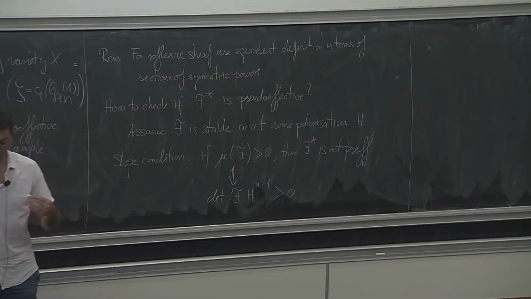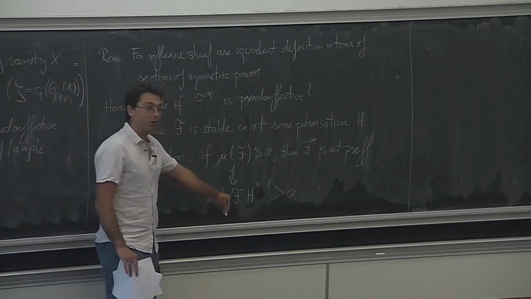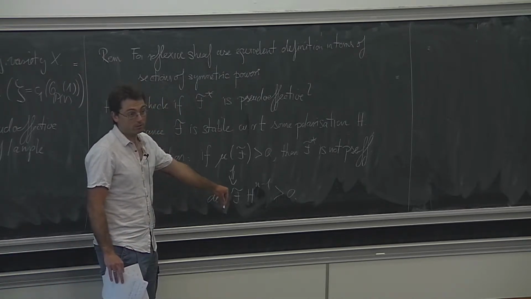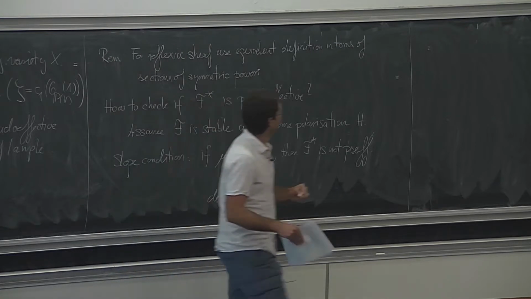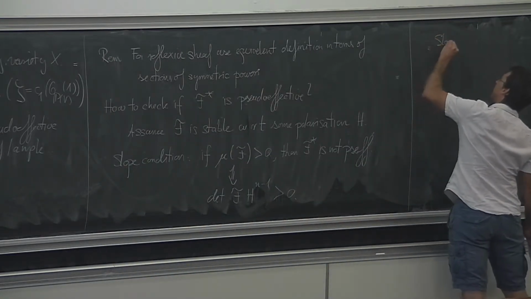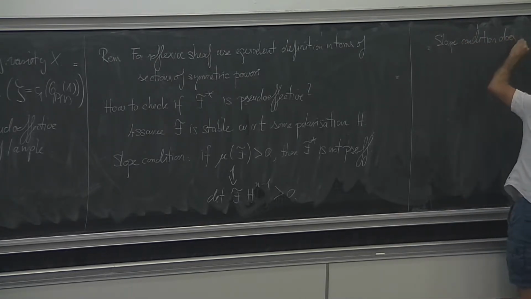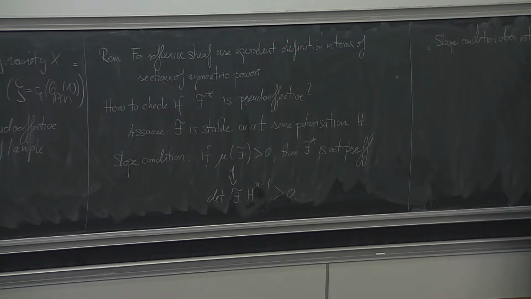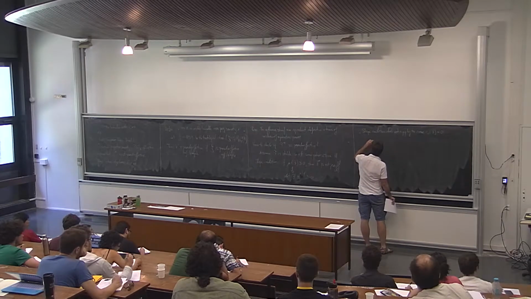Okay, so this is a line of work which has been going on for some time, but as you can see, if the determinant of your foliation is numerically trivial, then certainly the slope condition won't help. So the slope condition does not apply in the case c1 of F equal to 0. There's no hope to do anything with this kind of condition, and for good reason, because if you have, say, a vector field